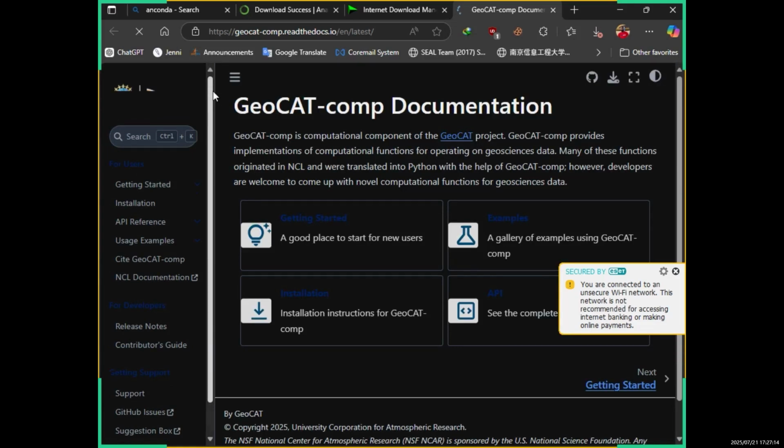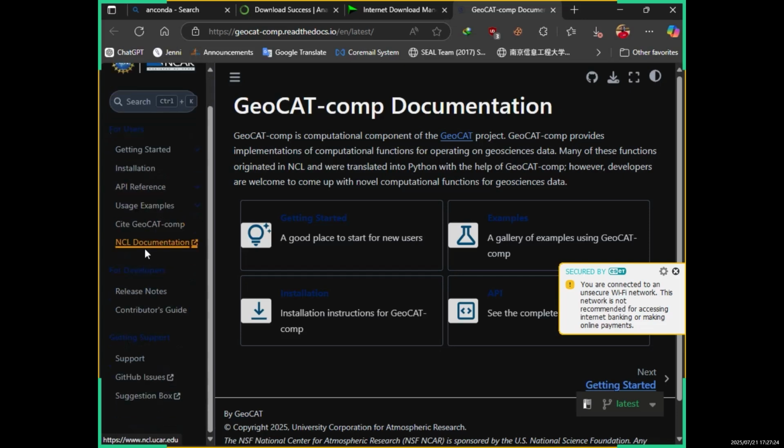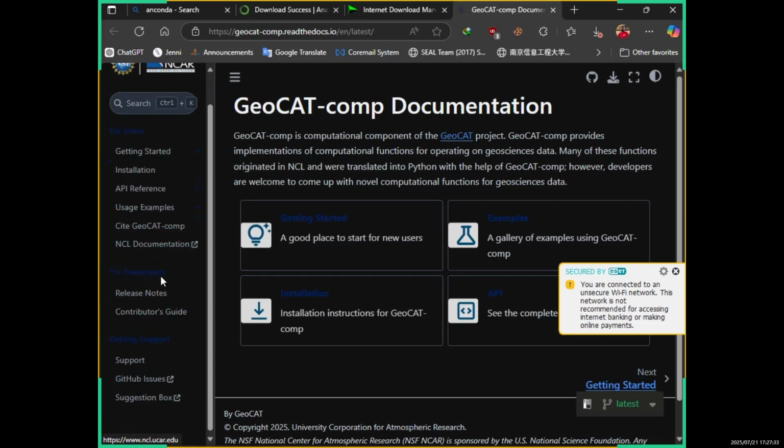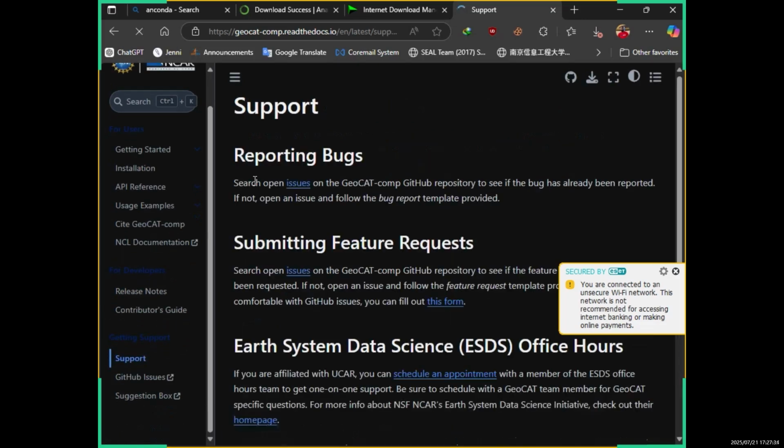So this is their website, as I said last time. Here we have the installation instructions. If you know about the API, that is also there, and there is some documentation, release notes, a contributors guide, and we have support. If you have any issues with this library that we are going to use, we can go to the support section, and over there, if we have a bug or something, we can report it to them,